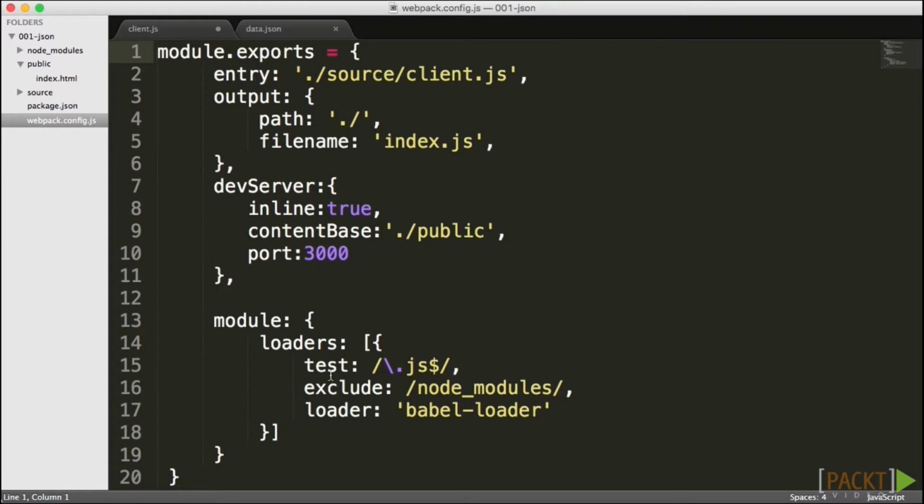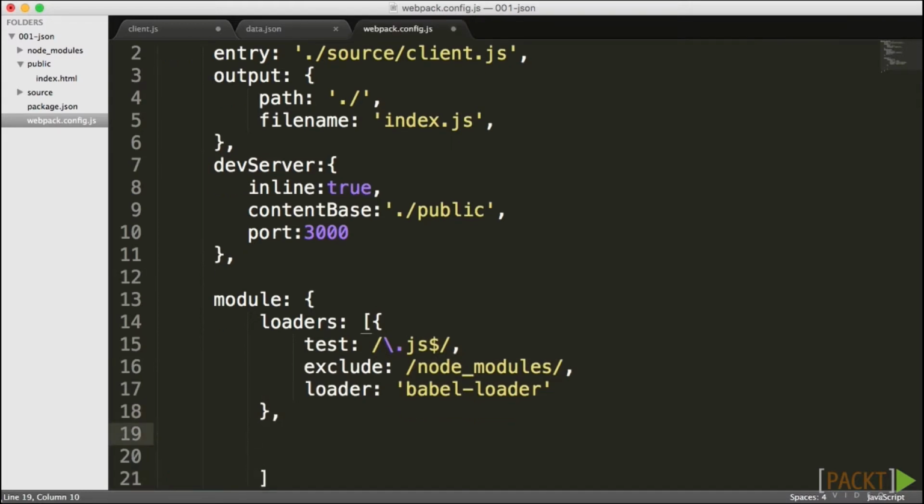and I'll just show you in the meantime that just as we have here in our loaders, one of the loaders is the Babel loader, which manages the transcribing from ES6 to ES5. I want to go ahead and add another loader, only this loader is going to be in charge of loading in JSON files. Now, to do that, I'm going to go ahead and add a test, and this test is